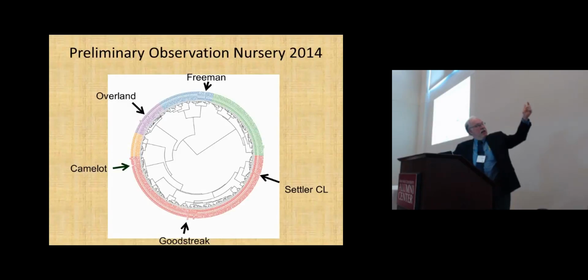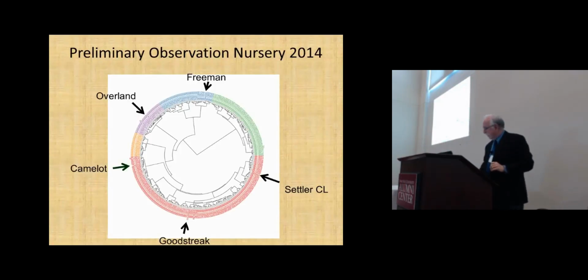The green and the gold lineages, no cultivars are in those lineages. Interestingly, as we advanced lines, the gold lineage disappeared. We went from 270 lines to 57, and the gold lineage disappeared. So I'm thinking I probably should have gone back and checked that a little more carefully.